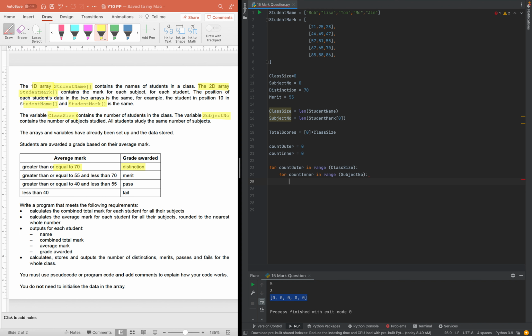So what do I want to do? Well, I want to add something into total scores. But total scores is a 1D array, so I need to determine what index it's going to be in. So the first time around the loop, I want it to store into index 0. The second time around the loop, I want it to store in index 1. And I want to do this for the 5 students. So what goes up from 0 up to 4 and stops at 5? Well, count outer does that. So I can just use my count outer variable to say do this for the 5 indexes that we have